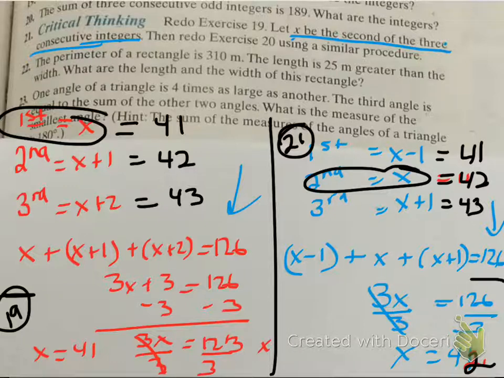The integers aren't going to change. We just gave them different names as we were building it. Okay, questions? Yes? For the first one, the second integer is 42, so you literally just subtract 1 from 42 and add 1 for the third integer, so you get the same. Okay, so now let's move on to number 22 with perimeter